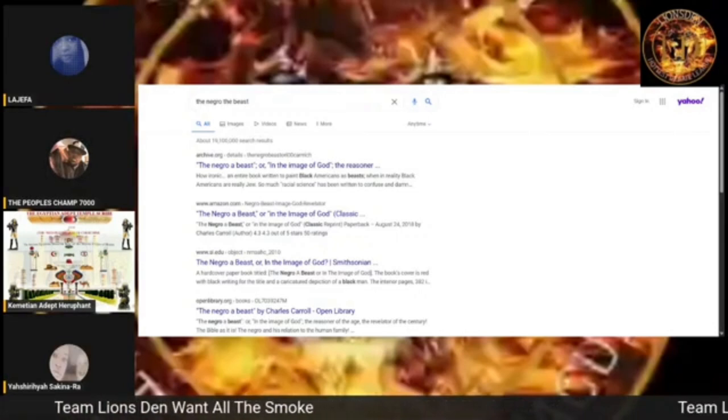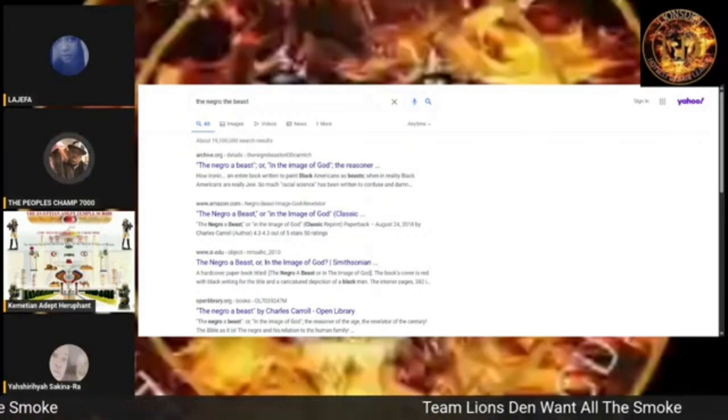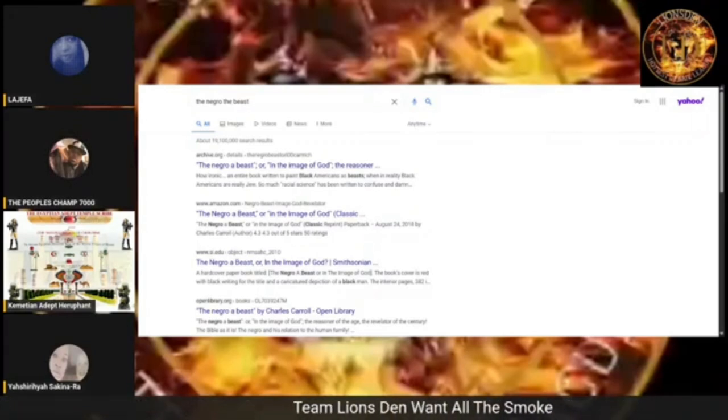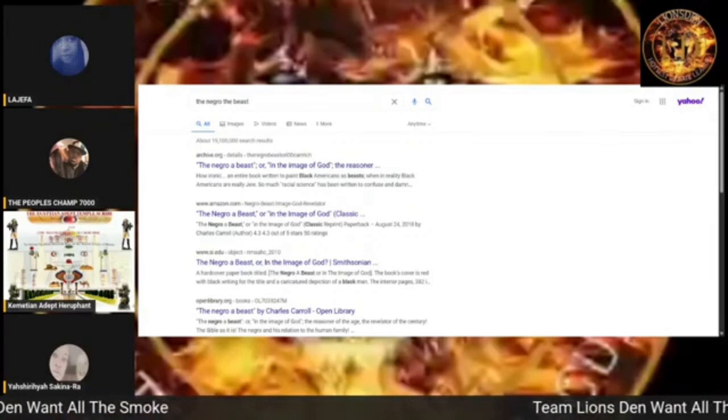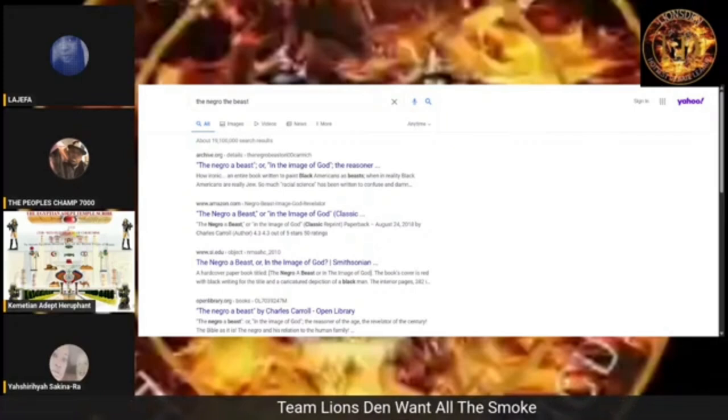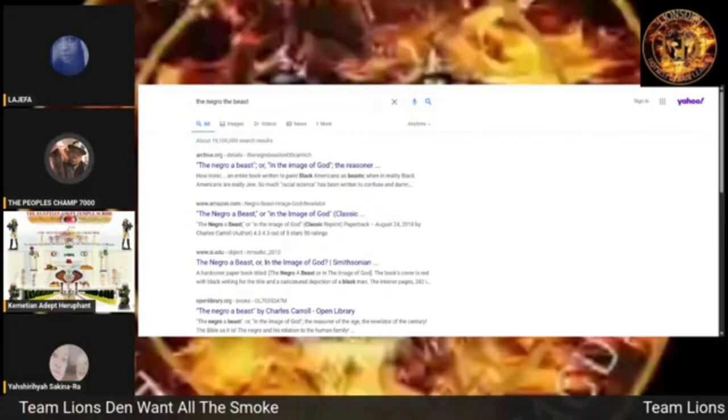See, look, he said the Negro ain't the son of Ham. He said the Negro is the beast. Look. Negro, the beast, are the image of God. And he wrote this because the European freed the slave, and he was warning them, if they don't stop freeing the slave, wrath is gonna come on them. That's crazy. And that's why I be upset when they be